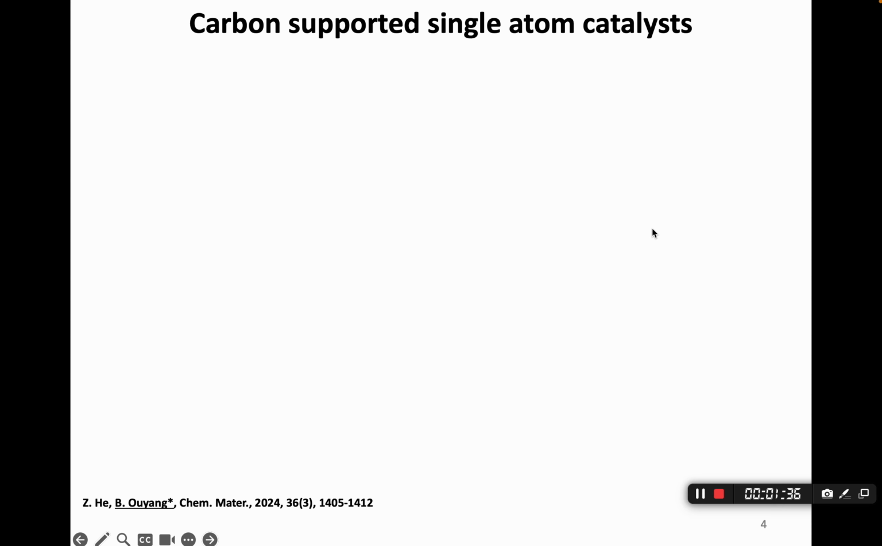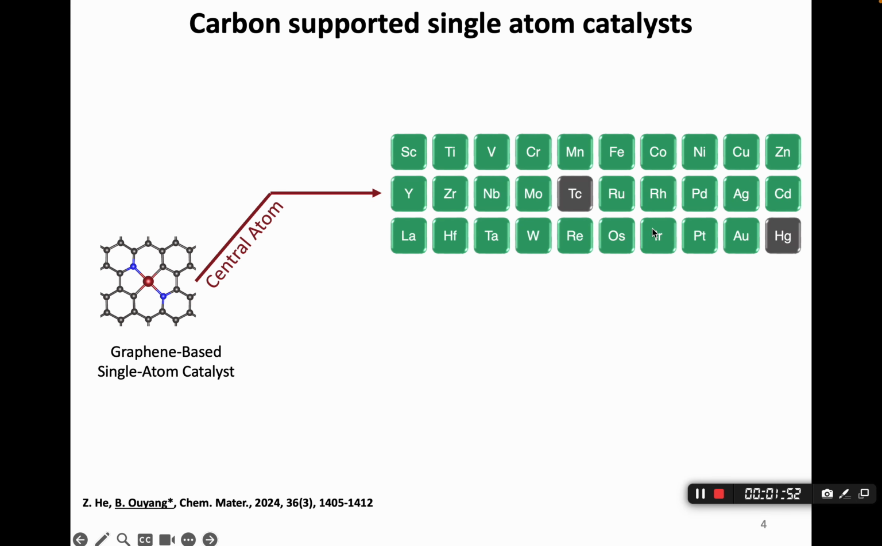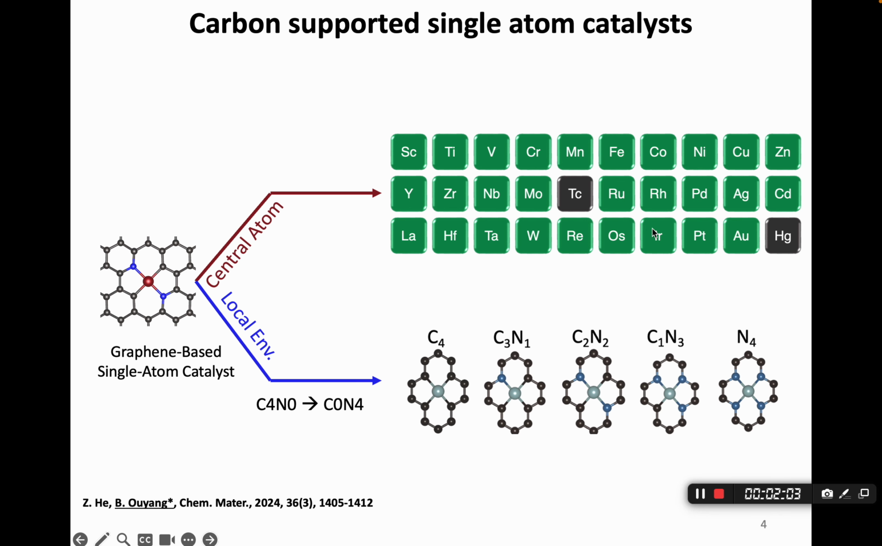Okay, so let's start with the first research. It's a paper published at the end of last year and early this year. So we want to study graphene-based single atom catalysis, which is a very classic system. There are an infinite amount of works so far. The central atom we can choose will pretty much be typical 3D, 4D and 5D elements. On the other hand, the local environment we can choose depends on how many carbons you have. And in a lot of situations, people dope other species like nitrogen, a very typical dopant, introduced